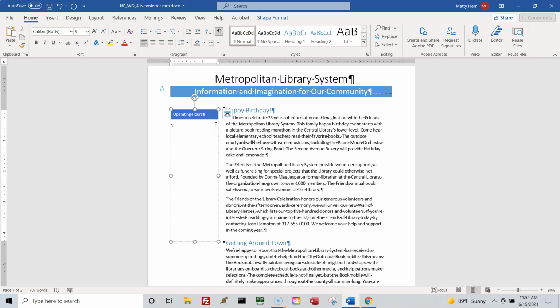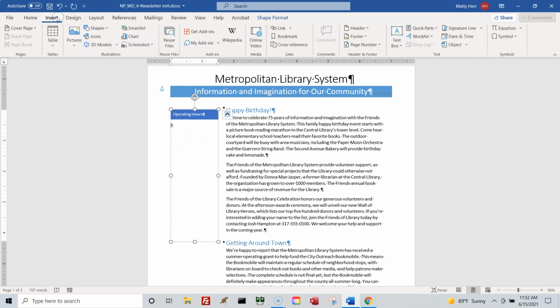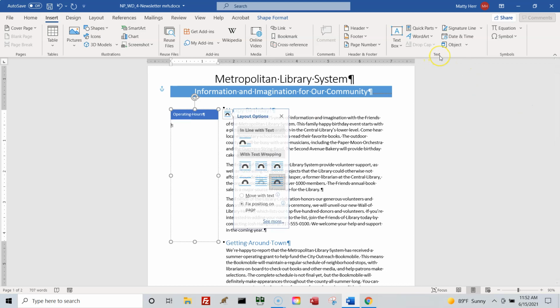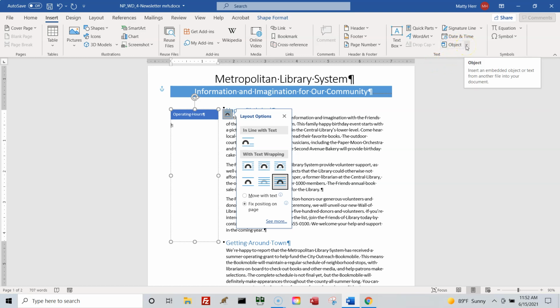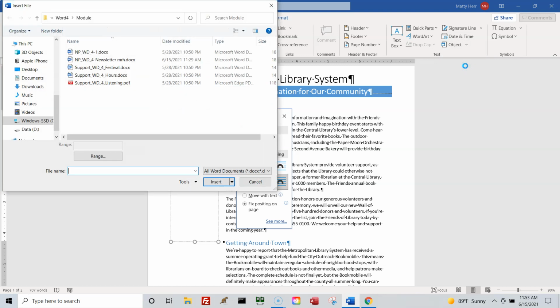On the ribbon, click the Insert tab, so make sure it's blinking in there. Go to the Insert tab in the ribbon. We want to find the text group over here on the right. And in the text group, we're looking for the object arrow. So not the word object, the arrow to the right of it. And then we're looking for text from file. And if we click on text from file,